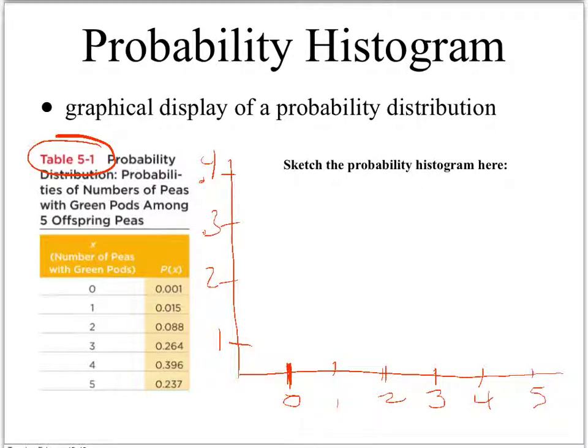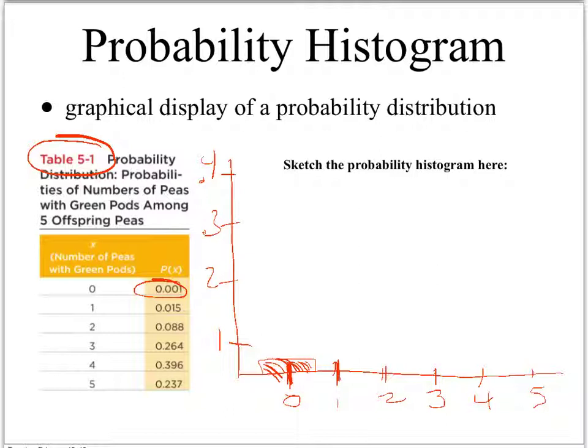Look at that probability. The probability is 0.001. It's very, very small. So we're just going to make a really small rectangle, and we want to have 0 as the midpoint of the rectangle, and that has to be the midpoint of the next rectangle. So we're going to go a very small rectangle, just like that. The area of that rectangle should be 0.001 because that's representing the probability that the random variable x